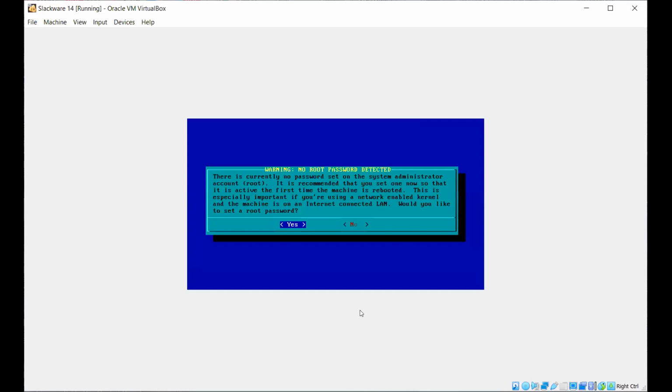No root password, yes. For the moment we will keep it blank. Later on, we will assign a root password.